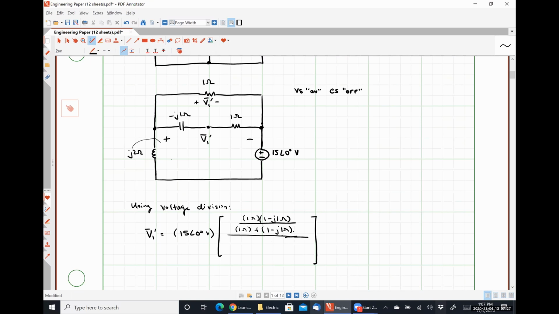Exactly right. So the total series resistance seen by the source, which is exactly what that gentleman suggested, is what we have in the numerator plus the other impedance, the J2 ohms, which is in series. So this will be 1 ohms times 1 minus J1 ohms over 1 plus 1 minus J1 plus J2. Now, one other thing to consider